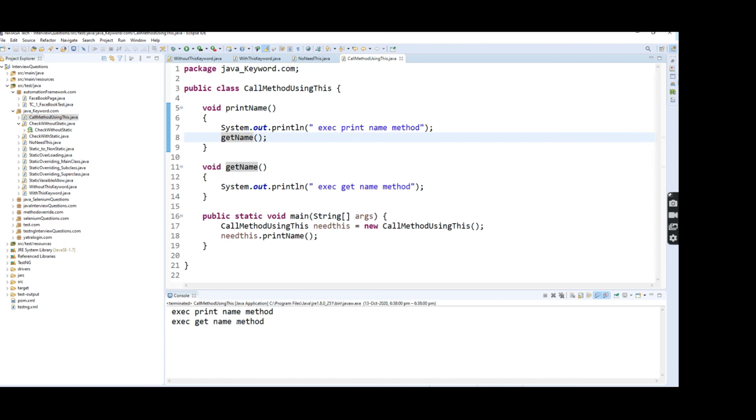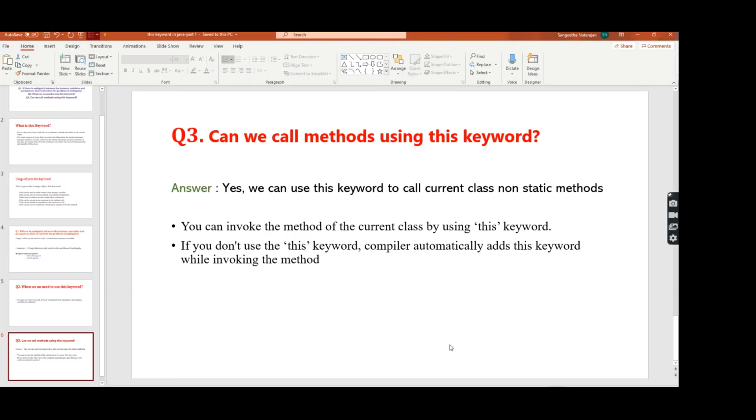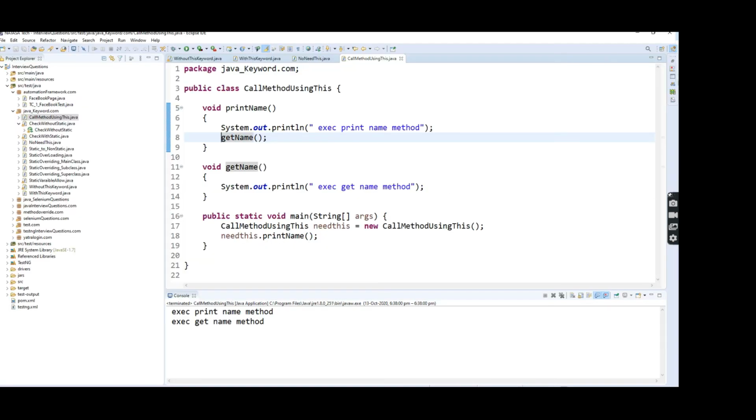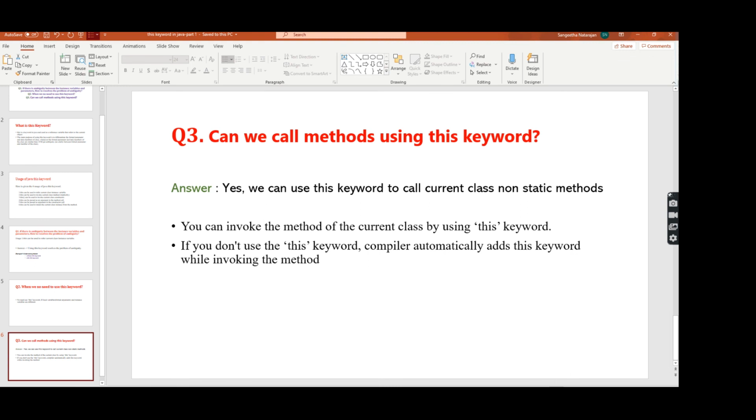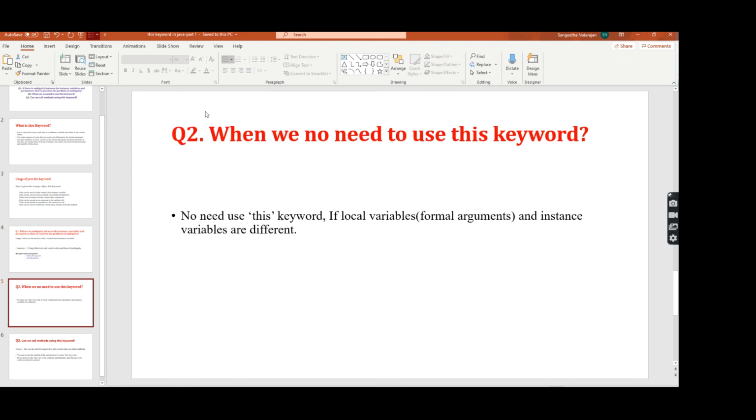It will execute, because if you don't mention the this keyword, the JVM automatically takes it. If you don't use the this keyword, the compiler automatically adds it while invoking the method. So this is the answer for this question. Now I hope you are clear on these three questions. Okay. Thank you.